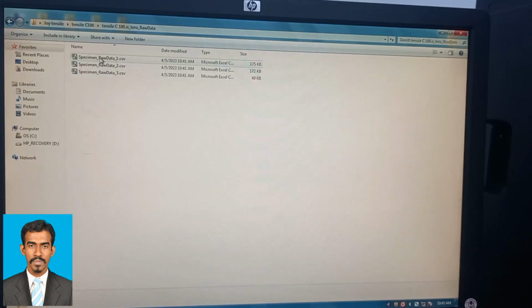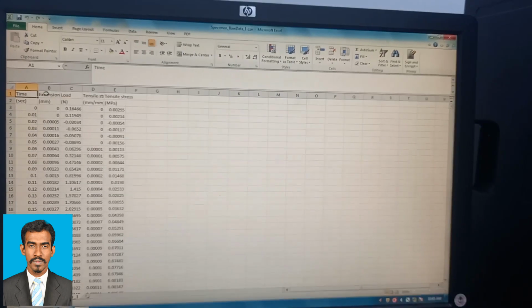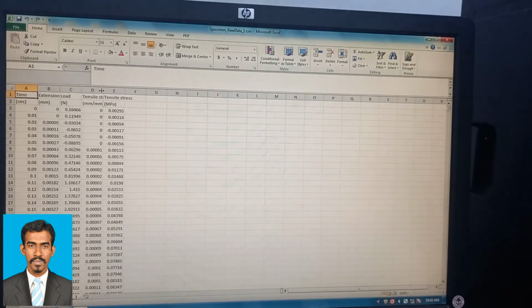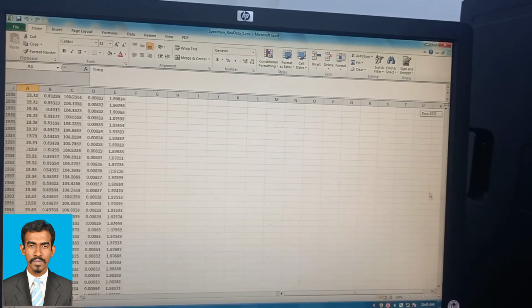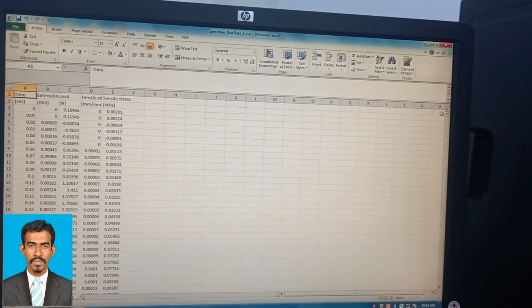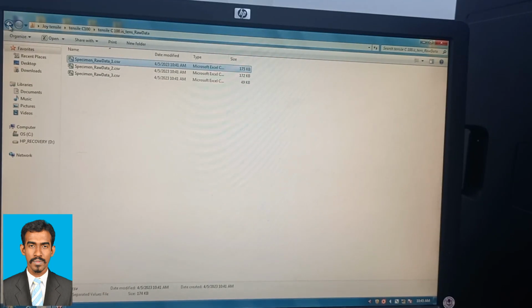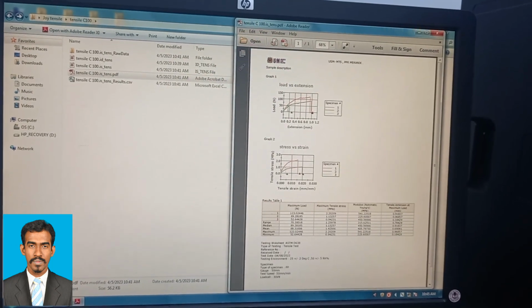So raw data. These are the raw data of all 3 specimens. Here we have the time, extension, load, tensile stress, and tensile strain. With these values we can plot a graph if we want to, right? So here we have 3 raw samples. In the PDF we have 3 results. Okay,